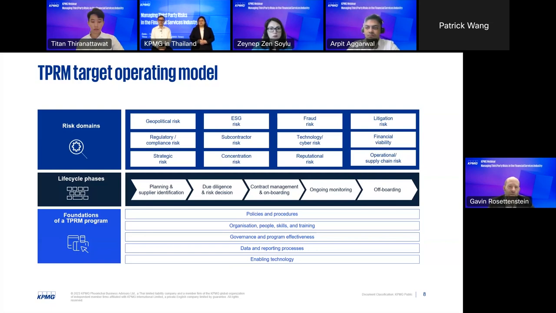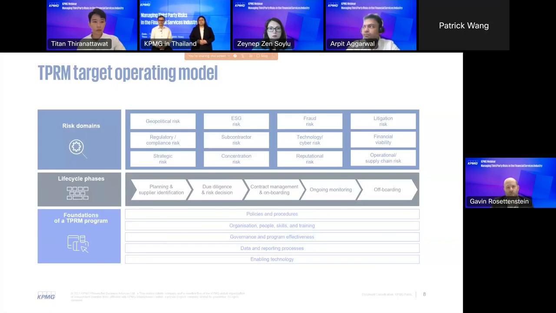One, it's governance of the program. So how are you managing and governing your third parties in totality, and understanding what is your list of third parties, who are they, how do you segment them appropriately, how do you know which ones are more material and more critical, through to those that are less material and critical, and obviously then focusing your efforts and dollars appropriately based on that.